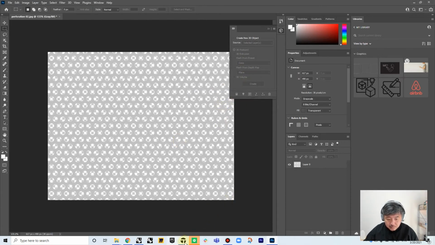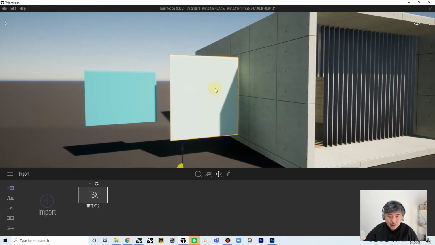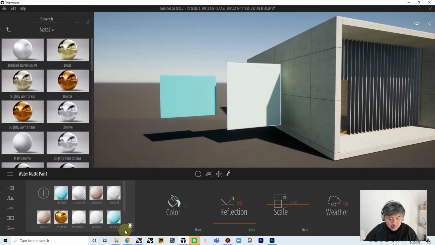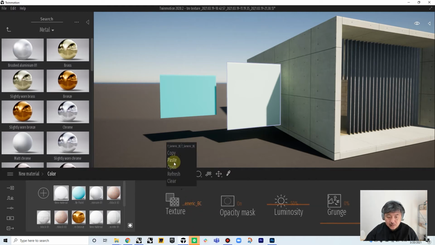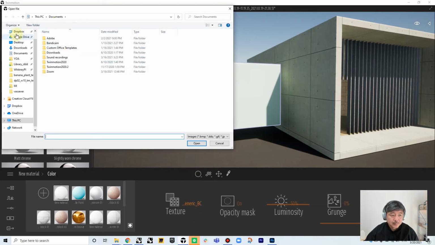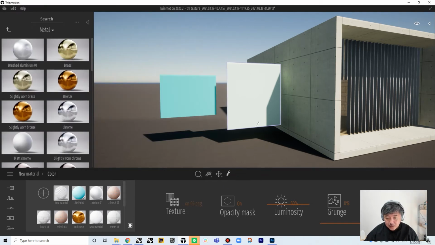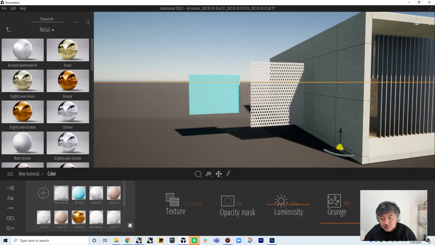Then we will go back to Twinmotion and create a new material. Click on Material Picker, click here, and then click on the new material. For the color, click on More, and then use the texture, a new texture, perforation 02 PNG. Make sure to select the PNG file. Then you can turn on opacity mask. So you can drag and drop. And if you turn on opacity mask, it's going to show as